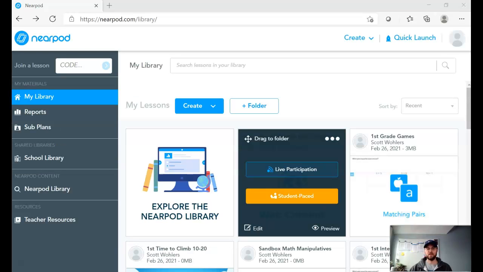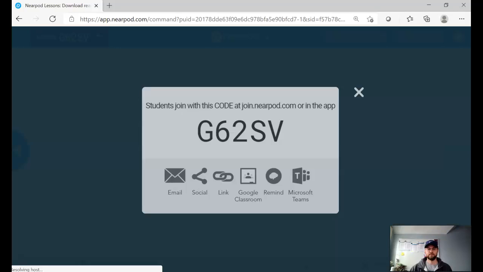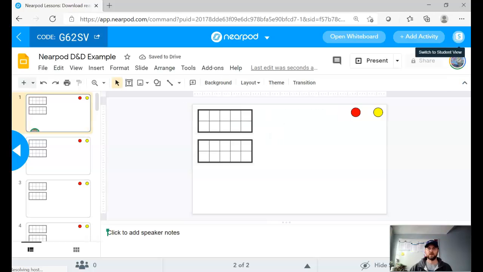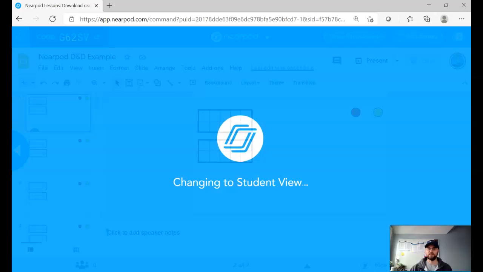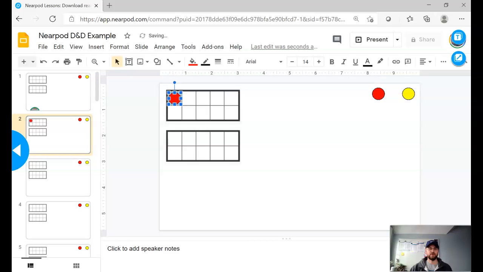If I want to see what it looks like for the students, I'm just going to choose live participation. You can also do preview. I'm going to choose Switch to Student View so I can see what it looks like on the student's end. And this is what the students can see. Notice they